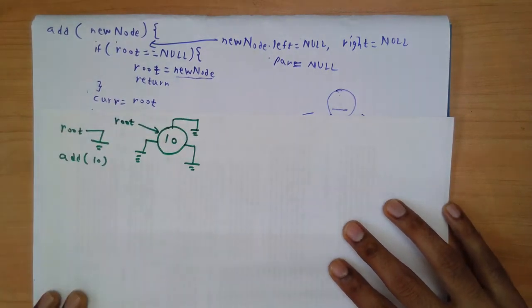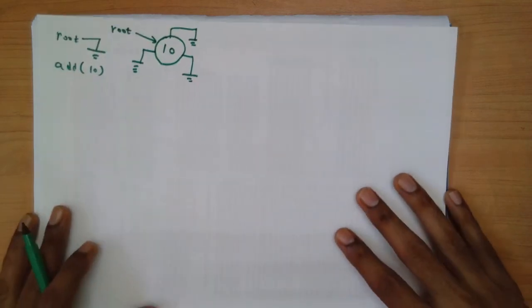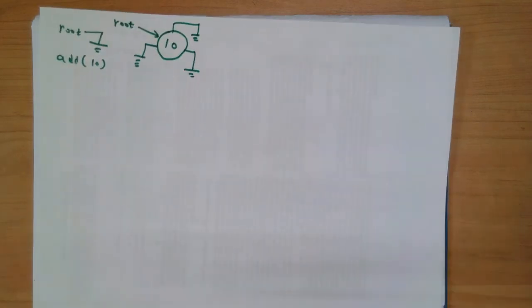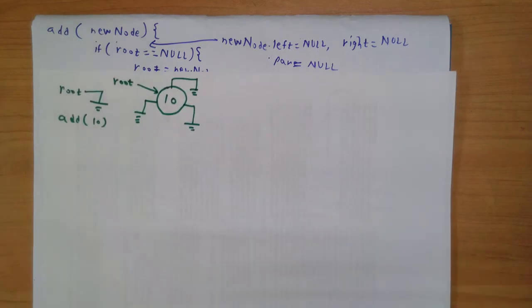After each addition we have to ask the question, is my binary search tree property valid? It is. This is a single node tree, so all the values are arranged perfectly. For a tree to be a valid binary search tree, first of all it has to be a valid binary tree, and in addition it has to satisfy the binary search tree property. So addition of the first key is straightforward, taken care of. Now let's add one more value.